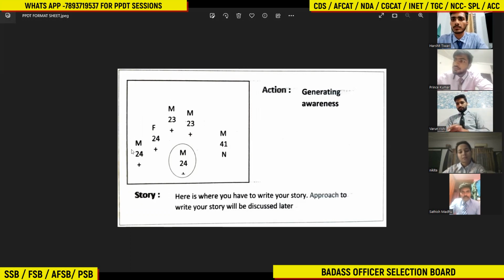I told you, if you see a male, mark it as male, with age and mood. Gender, age and mood. Age, whatever you're perceiving, male and positive mood. Female, 24, positive, like that person is a female. Then male, 23, positive, like this. And you have to put the position of the characters you see. If you see a male in the left corner, you can mark it as left. If you see this male at the top, you have to mark it as top. The position of characters, this is the screen, the projector screen, which is on your paper. Okay, then you have to write a story of approximately 200 to 250 words. Any doubt, Nikita? All clear? Yes, sir, it's clear.